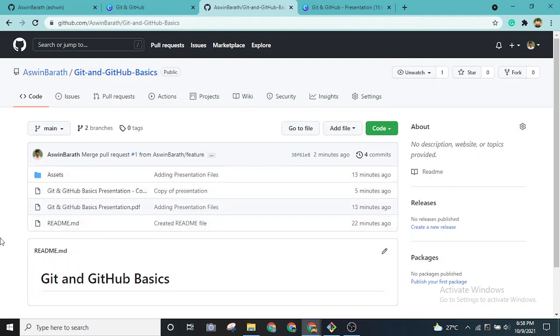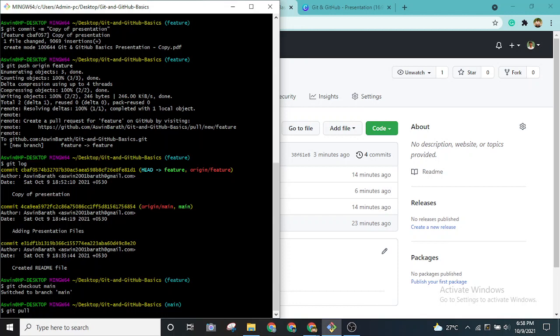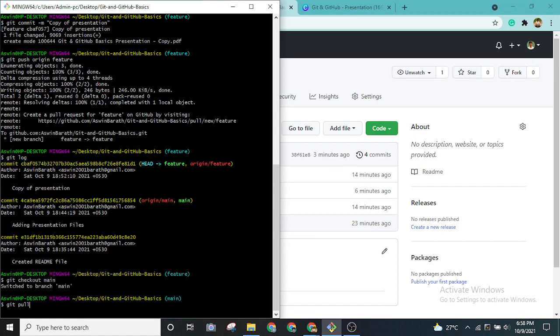So this is how a lot of people around the world using this internet, using GitHub, they are actually collaborating with the same projects, like open source projects and all. This is how they are making changes and adding into their branches and all, right? So when I want to get the changes that were newly made in our remote repository, I will use the command called git pull. Okay, so when I type git pull and press enter,